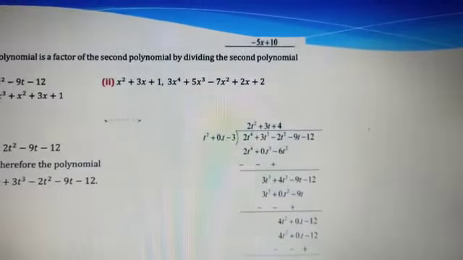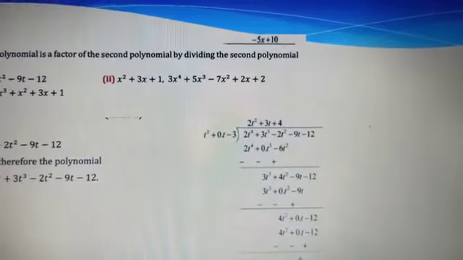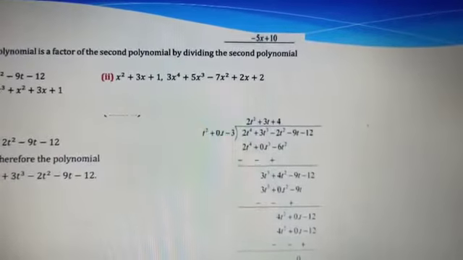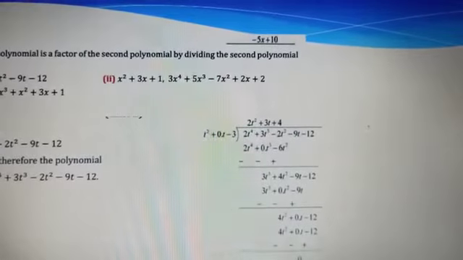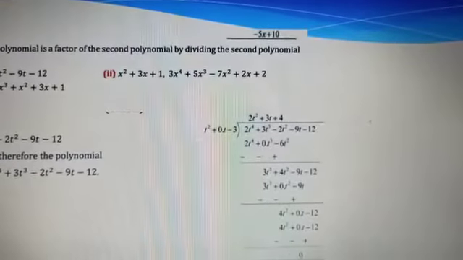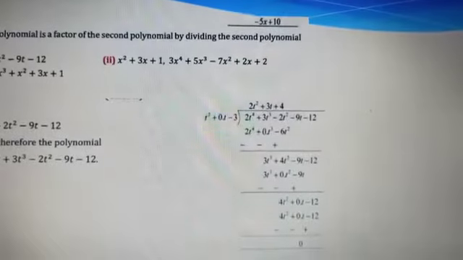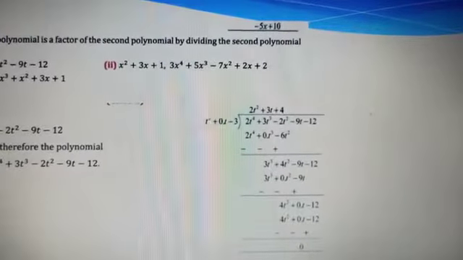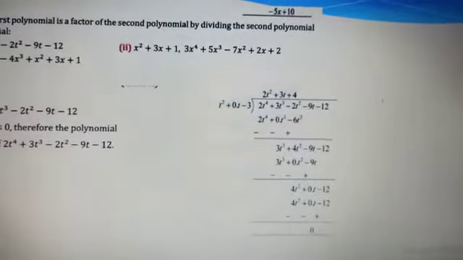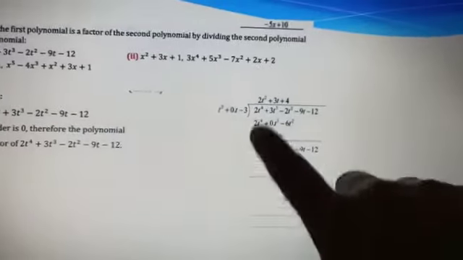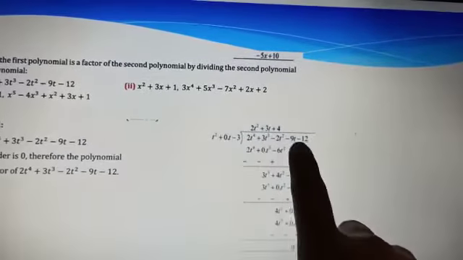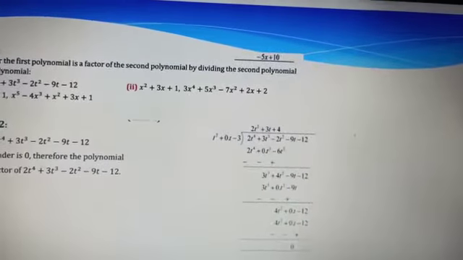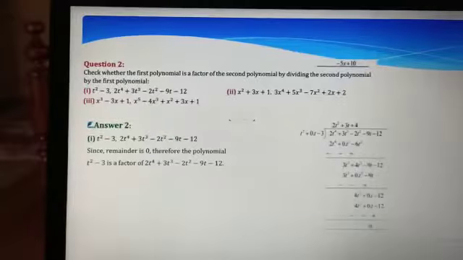0t into 2t square will again give 0t cube, and then 0t minus 3t into 2t would have given minus 6t square. Simplify, solve. As the values come down, keep substituting, subtract, you get 0. So if you get the remainder as 0, then we can say this g of x is a factor of p of x.